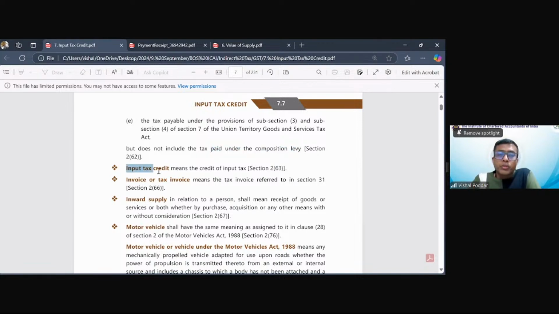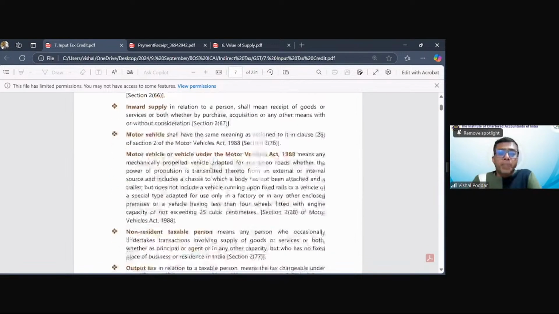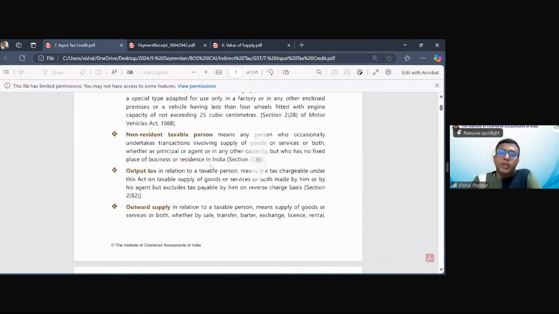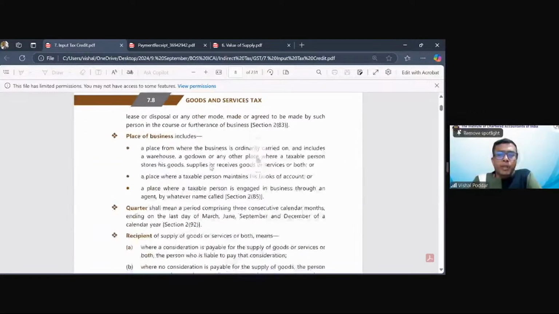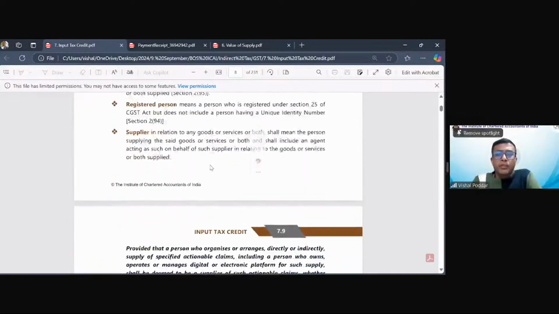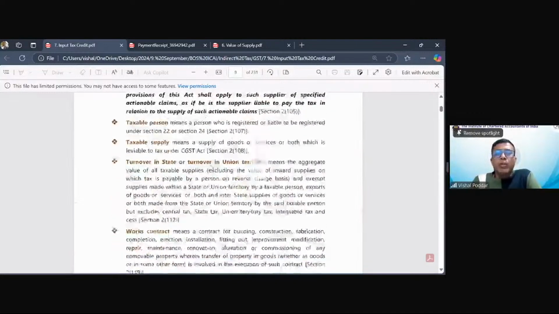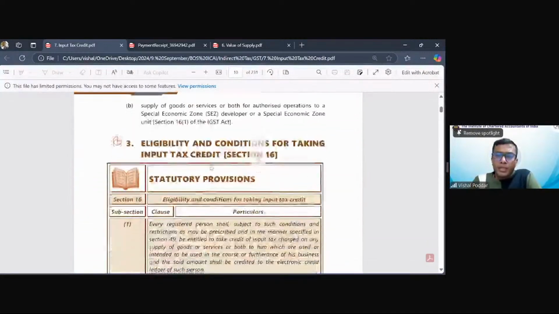Now, what is the definition of input tax credit? It means simply credit of input tax. Now, what is credit? Credit means once you satisfy the conditions that we are going to study, these taxes are allowed to be claimed by you, which you can set off from your output. So the moment you satisfy these conditions, this input tax becomes input tax credit because you can claim it and use it for adjusting against your output tax. Fine. So with this, a few important definitions to start with, we go to the provisions of ITC.